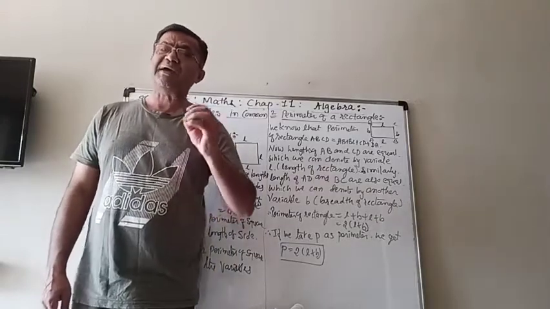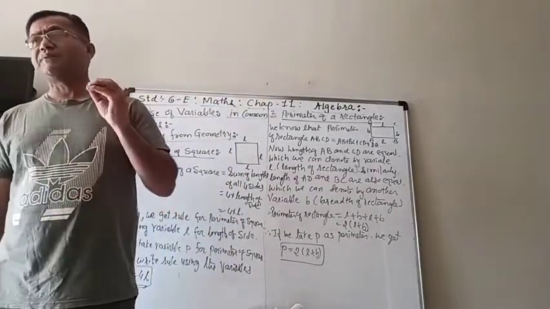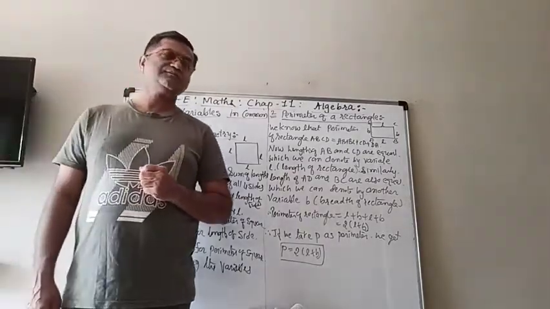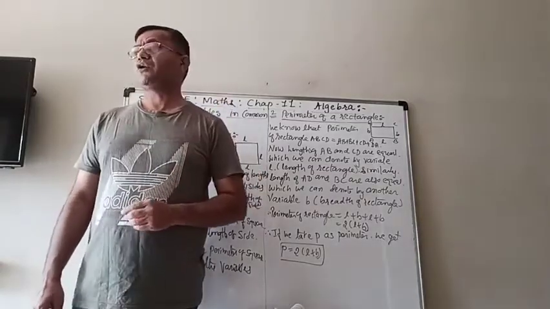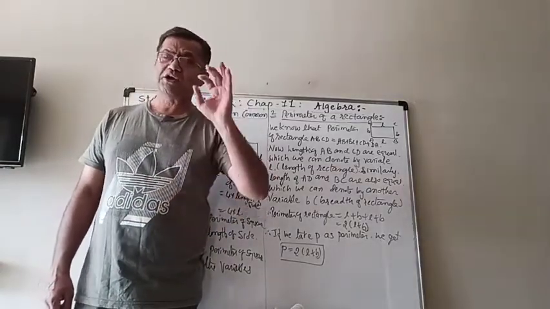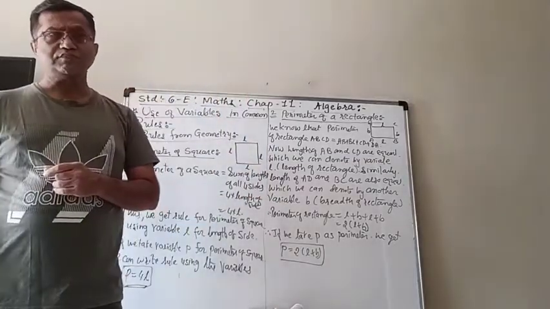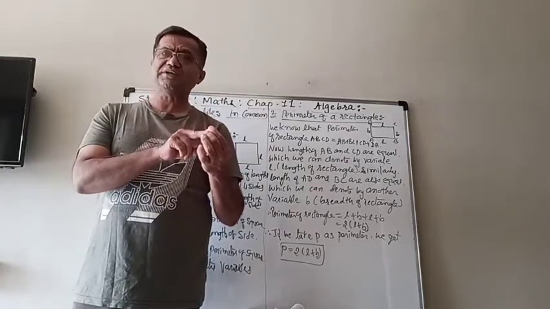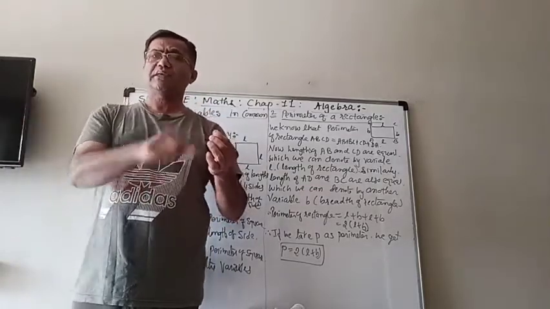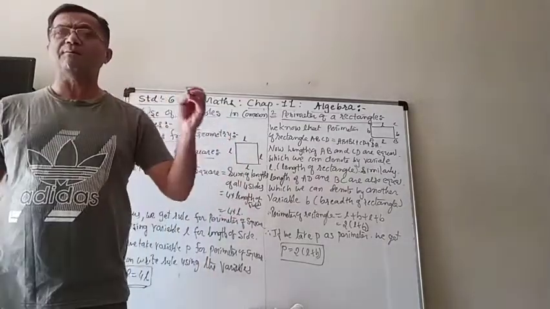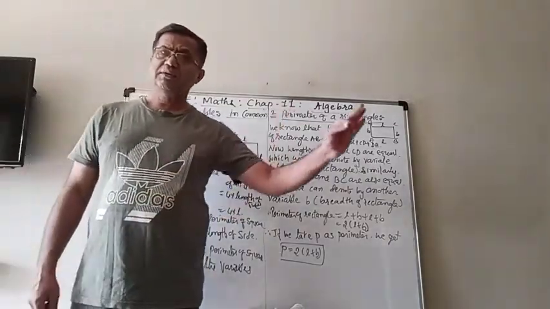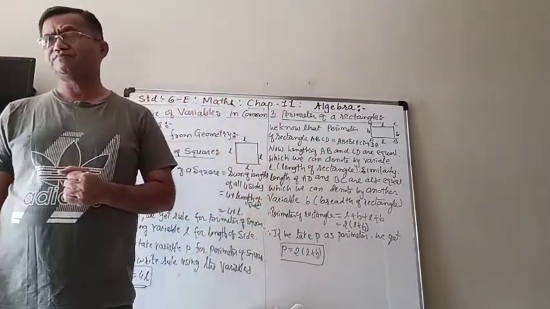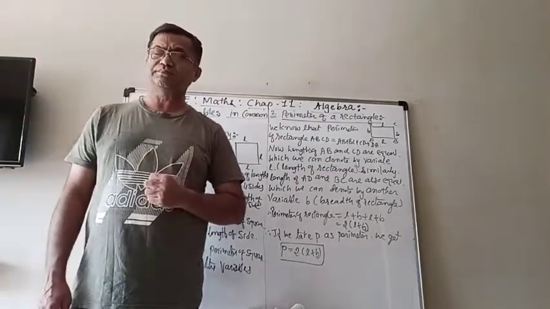Now, you are familiar with the word perimeter. Perimeter is the measurement of the boundary of any closed figure. It means that we have to start from one point and go around the boundary, make one complete turn to come back to that place. You learn about it in mensuration. So that is called a perimeter.